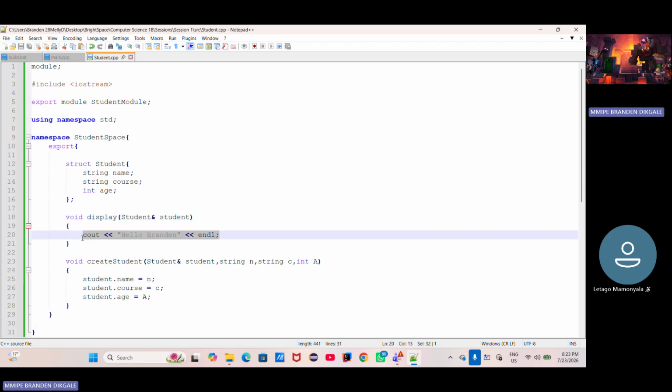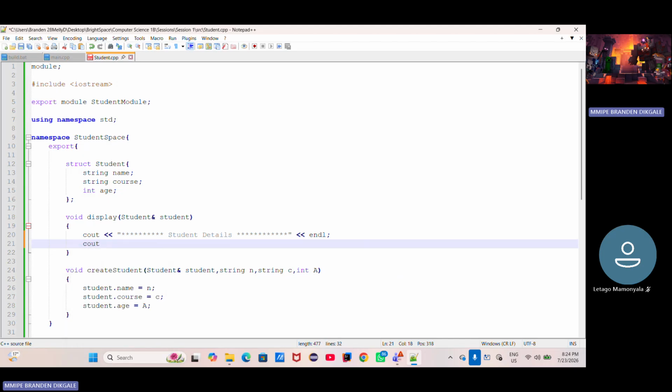So cout student details and endline, and cout. Let's have name, then let us display the name, student dot name,